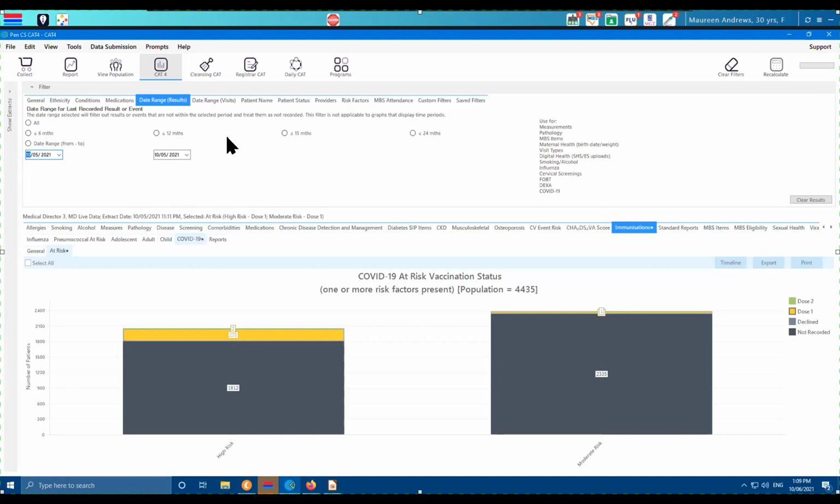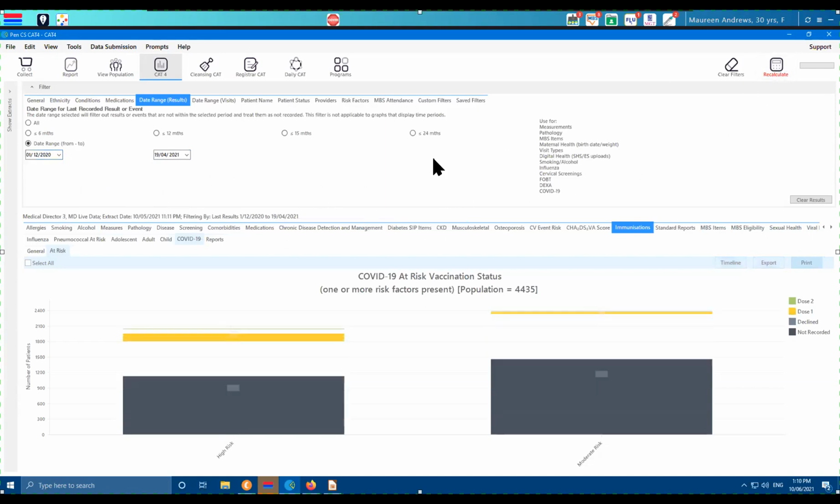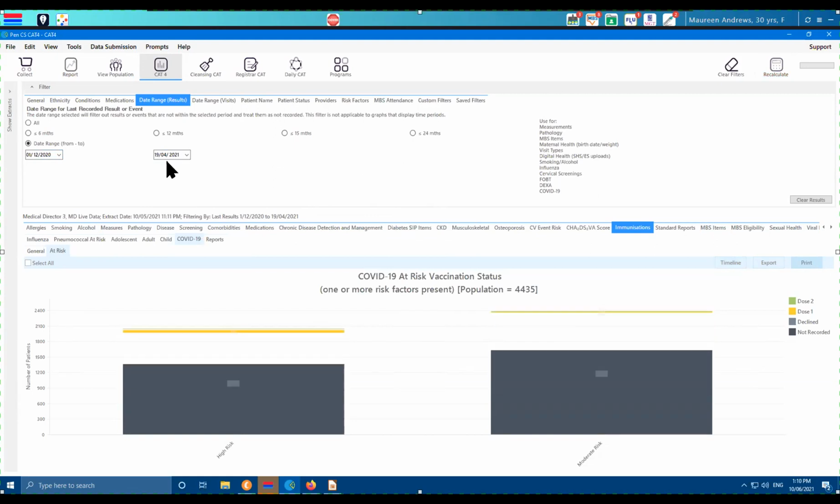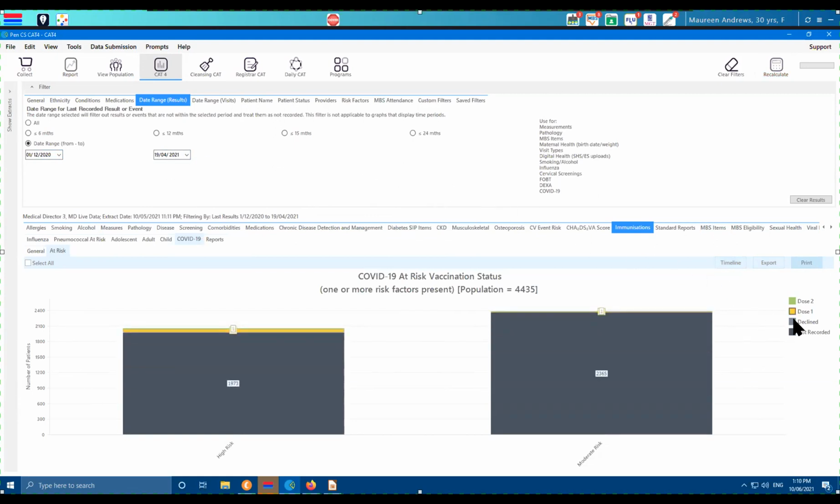And I'll probably put up a recipe on our website to show you how you can apply these filters. That would allow you to find anyone with the first shot. What I'll do is show you the same for the Pfizer one. So if I go back 3 weeks from today, 1, 2, 3. Is that right? Yes. So anyone who has received the vaccine before then, and it doesn't matter how far back I go because it wasn't available for that long, this will bring up people that received, in this case, the Pfizer vaccine more than 3 weeks ago. And dose 1 is of interest.